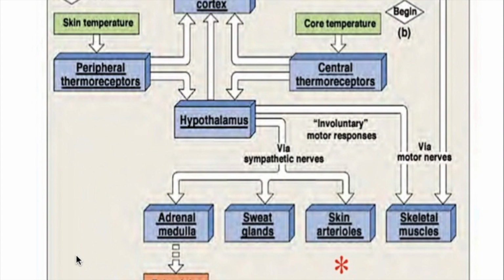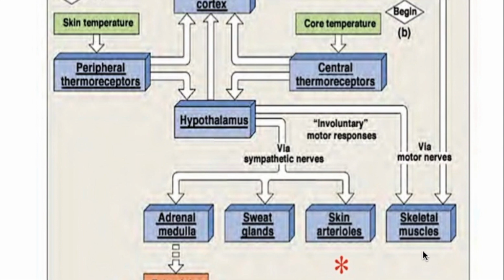The other effectors include the sweat glands, because the evaporation of sweat produces cooling of the skin. Then come the skin arterioles, which are responsible for altering the pattern of cutaneous circulation according to the body's need, whether it needs to get rid of heat or conserve heat. And finally come the skeletal muscles as effectors, which can be controlled involuntarily in case of shivering by the hypothalamus,